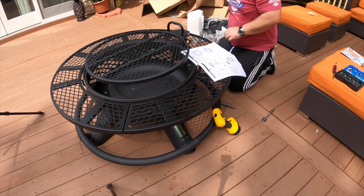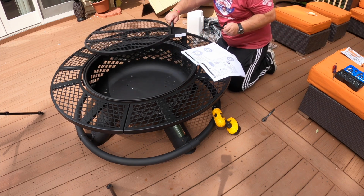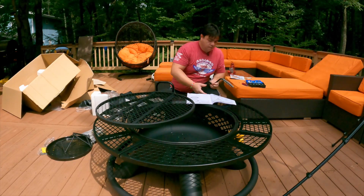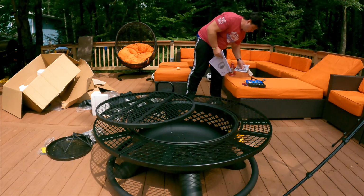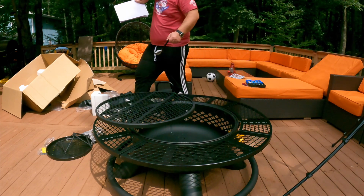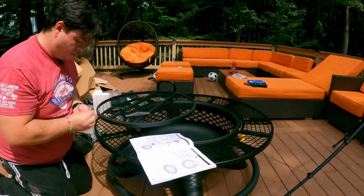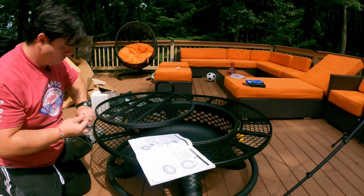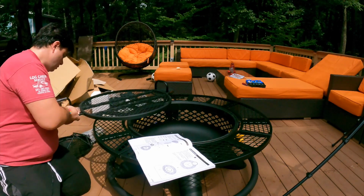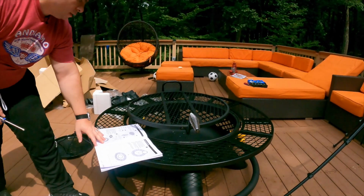And next step we have here is to install the handle. And it's right here. And that goes on this side. Put it over there. Need 2 more screws. I hope I'm not gonna run out, because this thing is already missing 1 screw. So this goes onto here. Nice and tight here. So we got the handle on,